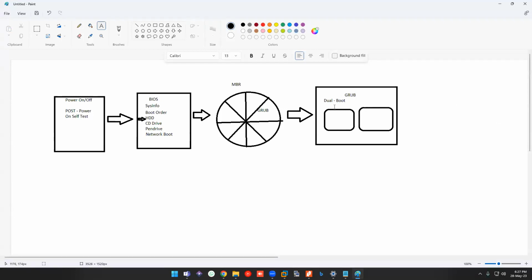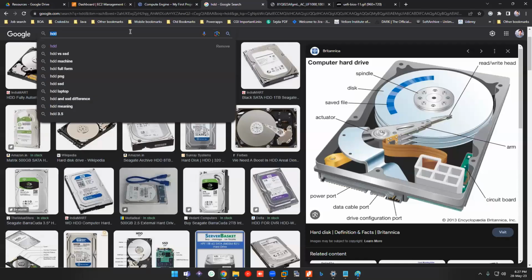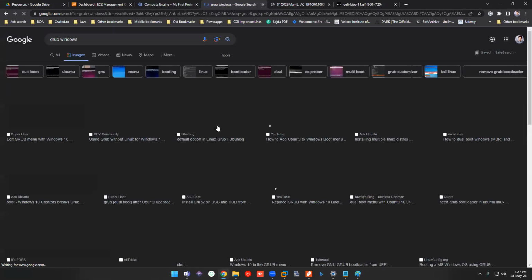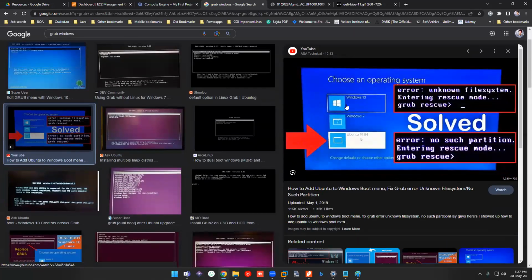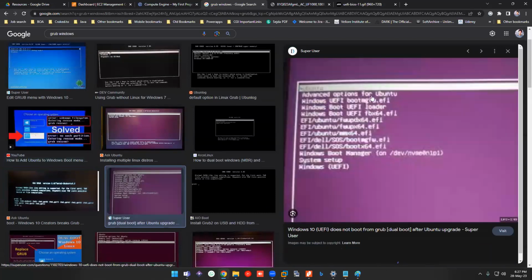Obviously, since it is part of the same hard disk, it won't load both things, right? So it is kind of a checkpoint at which you need to select whether to boot to Windows or Linux. You might have seen this GRUB screen also. On this same hard disk, he has Windows 10, Windows 7, and Ubuntu. You might have seen this one.